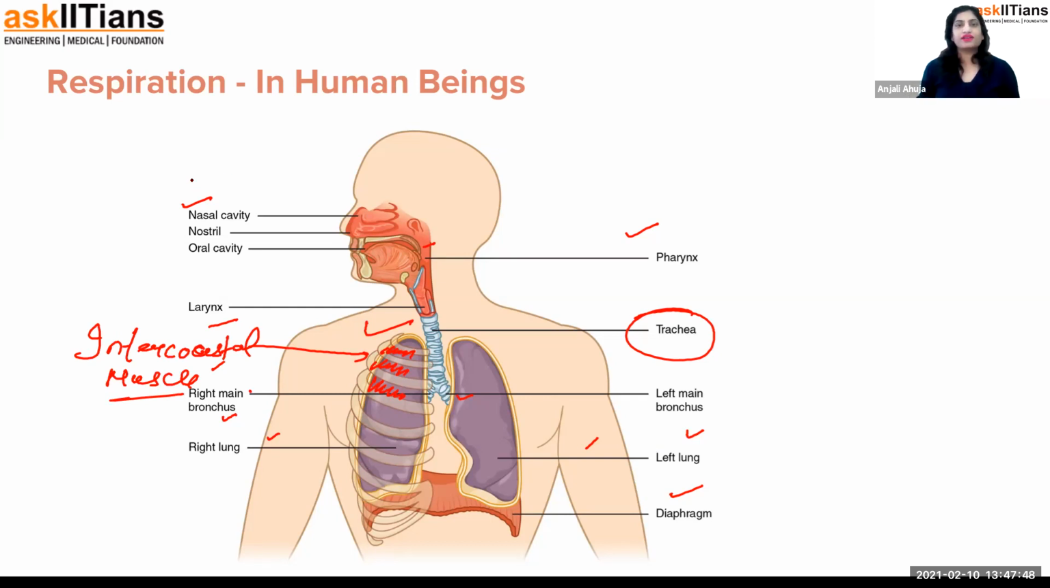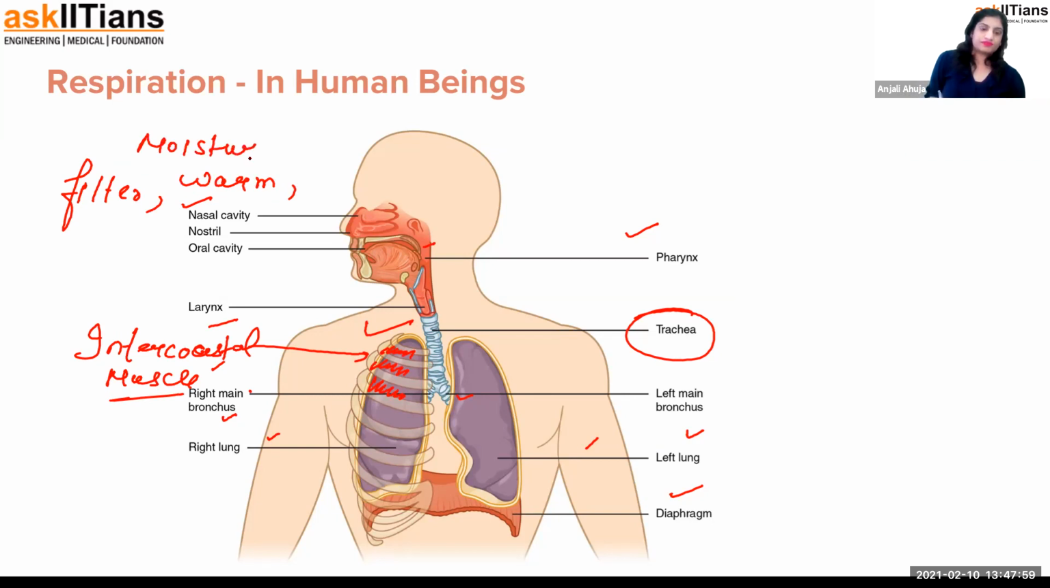I'm just going to tell you the function of each of them individually. In the nasal cavity, air is filtered. It becomes warm and moisturized. And then it helps in the transport to the pharynx. Now talking about the oral cavity also, from the oral cavity there is transportation too,